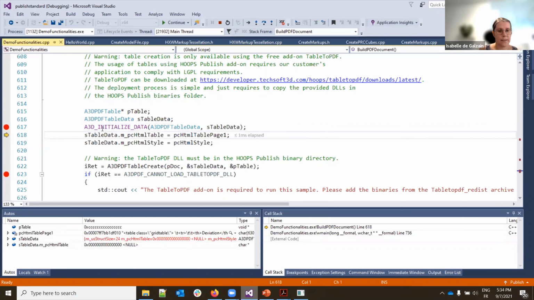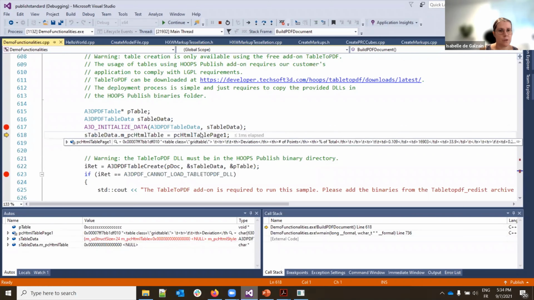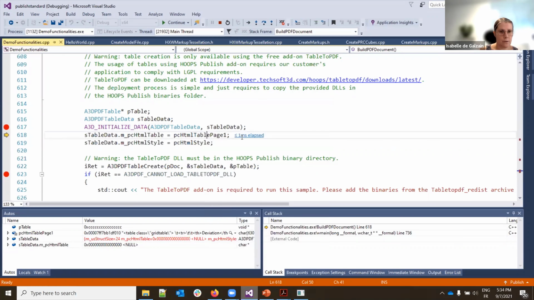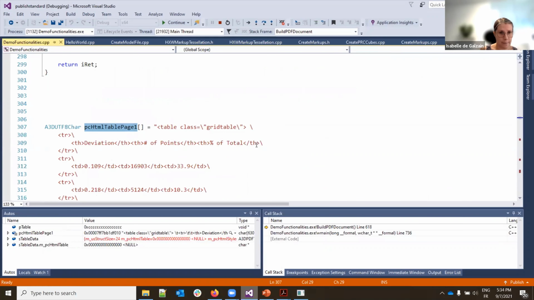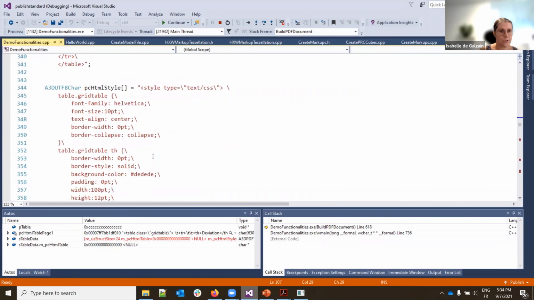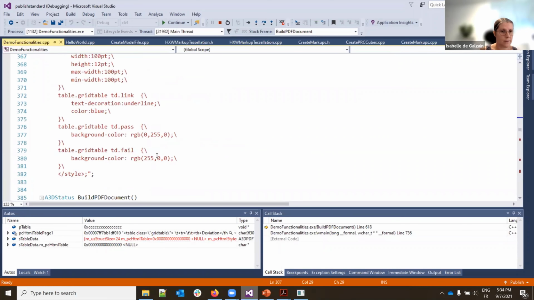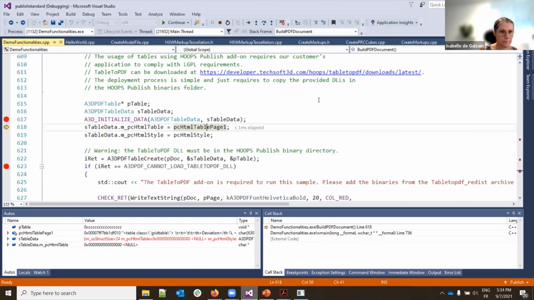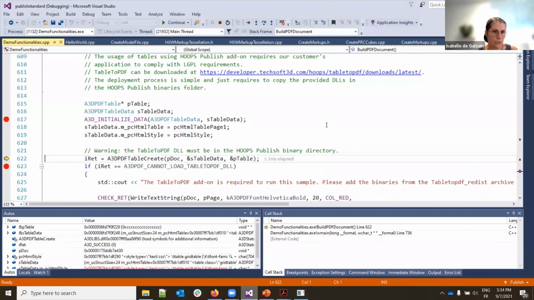So here it's an HTML table that is really standard HTML, as you can see here. Also the style, which is standard CSS style. So we are going to create a table with this